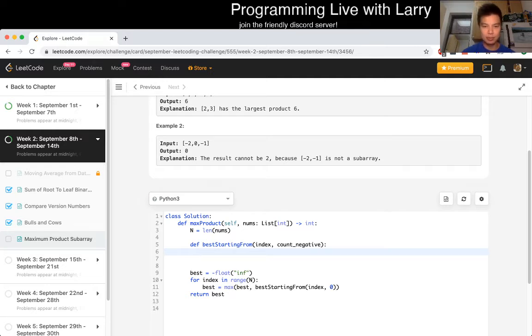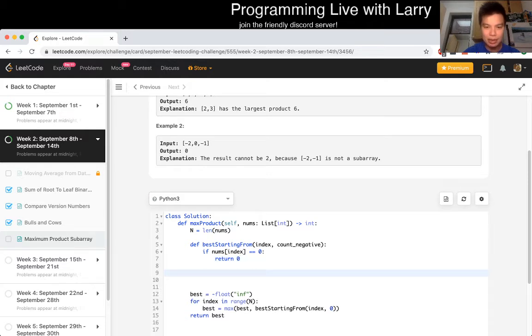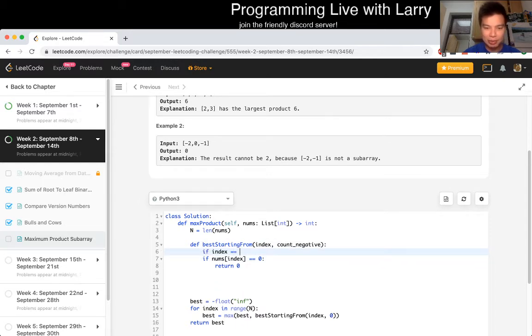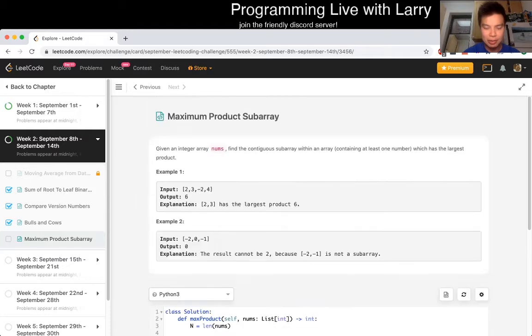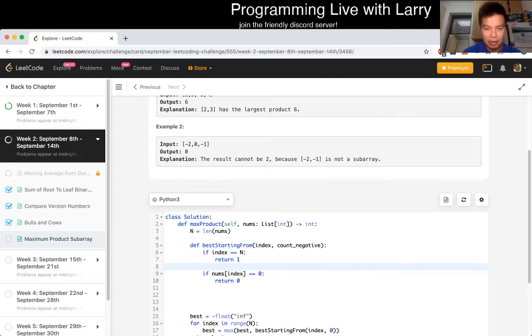Now we can figure out, okay, if nums of index is equal to 0, then just return 0, because that's your base case. Or, well, actually we have to do, if index is equal to n, we just return 1, because if we reach the end, then we just treat it like normal. Otherwise you do that,